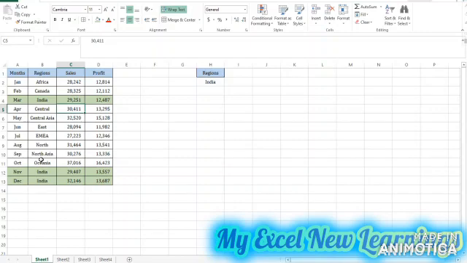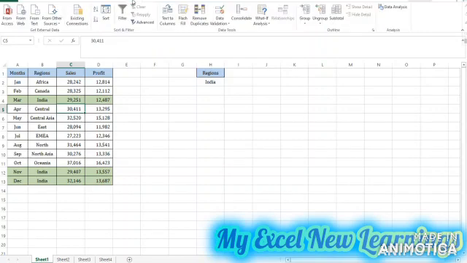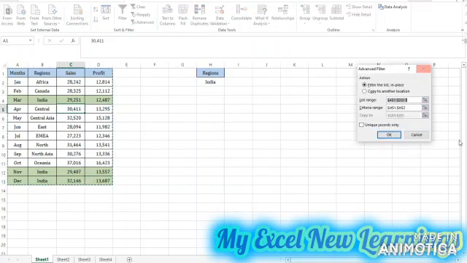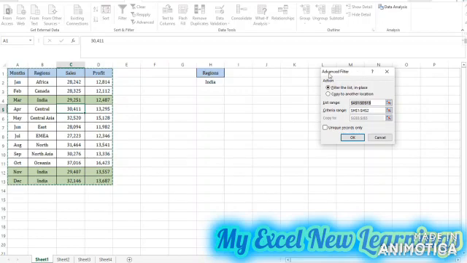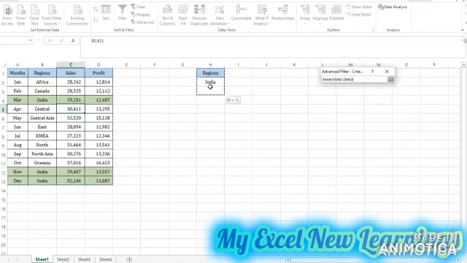So first we will go to the data tab and then we click on the advanced filter. So once you click on the advanced filter, a box will open. So here we have action. So we want to copy the data to the other location. So we will click on the copy to other location, and this is my list range, and this is my criteria.